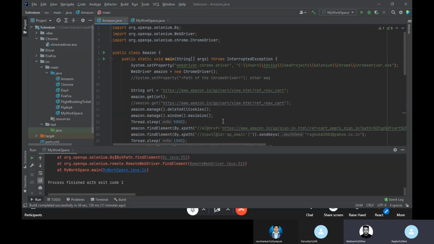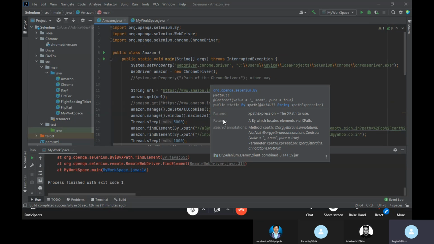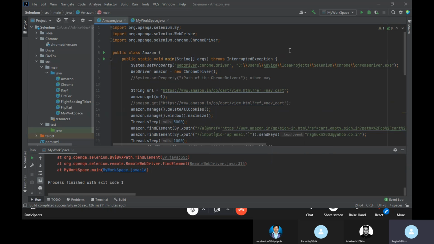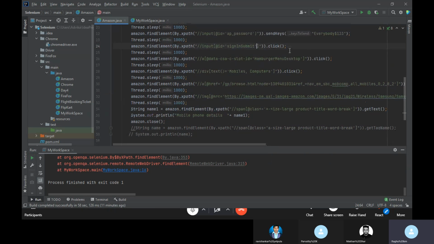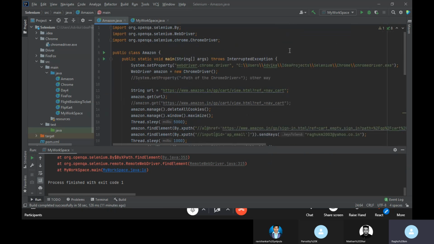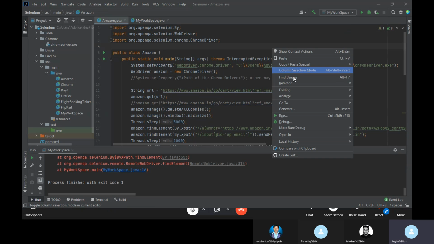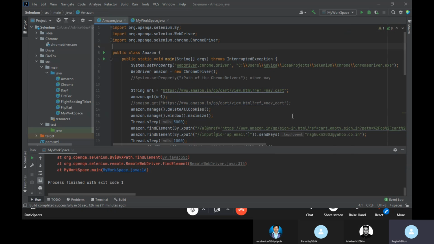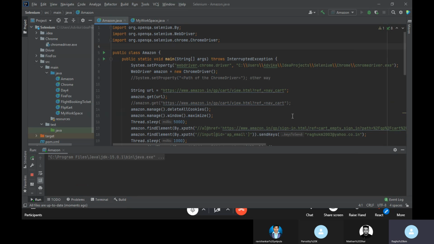So this is for Amazon. I have created an Amazon login, and I am searching for one mobile. It will go to the mobile section and select Samsung. Let me run this one.